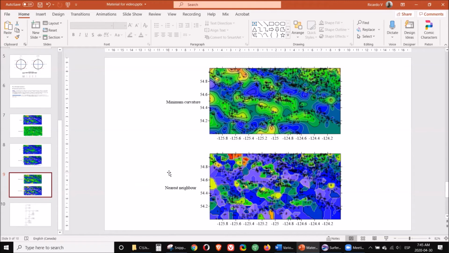Another factor to decide which gridding method you're going to be using is how many samples you have. You have few samples or you have too many samples. And the third factor that you need to figure out is, are you going to use faults or break lines in your data? So I created this flowchart